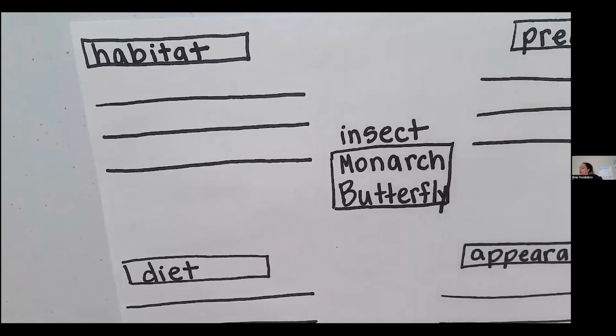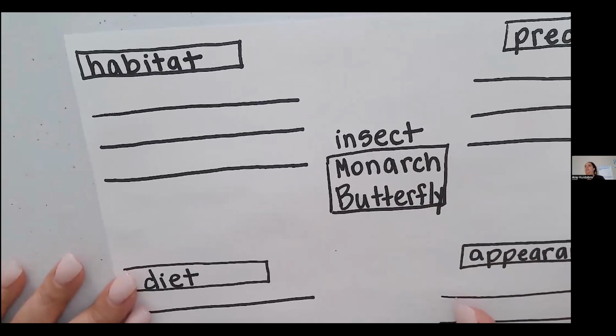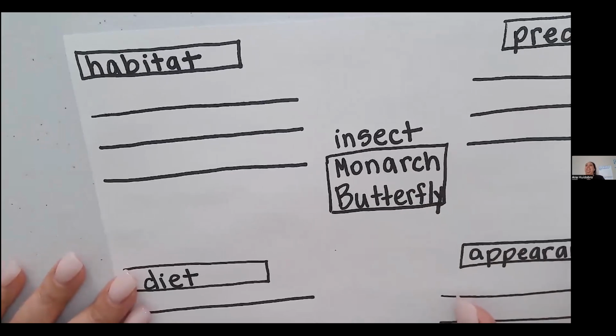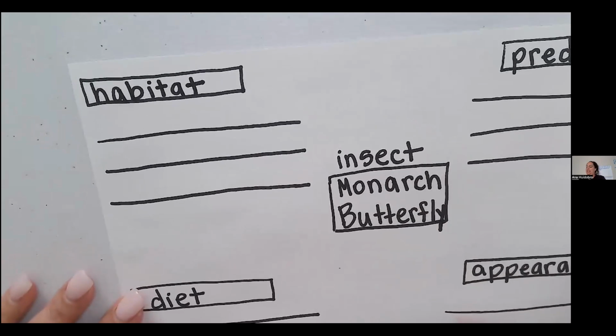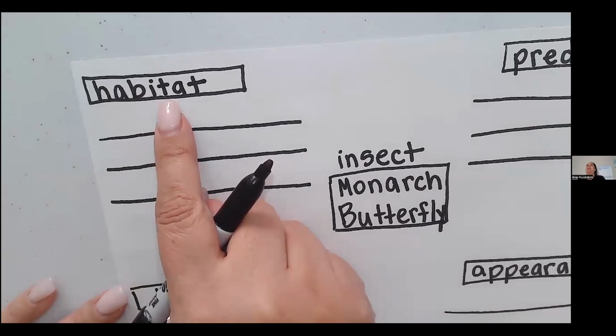All right. So we know that monarch butterflies are insects and they're just so beautiful. They don't look like other ugly insects like fleas, right? They're just gorgeous. So let's start with habitat because for monarch butterflies, this is a little bit different because